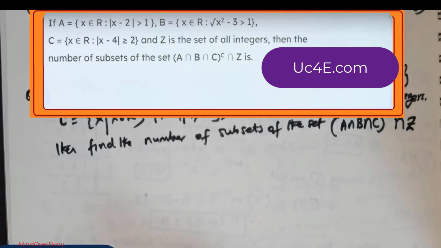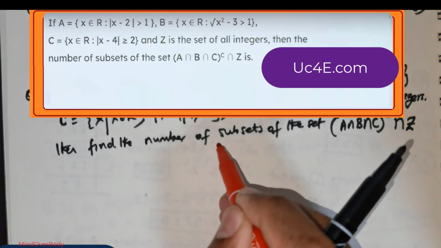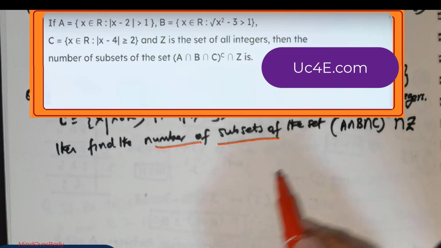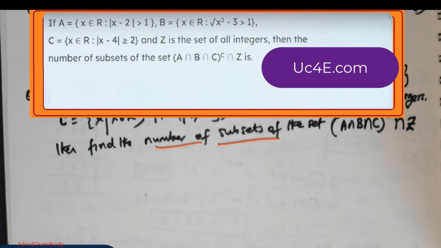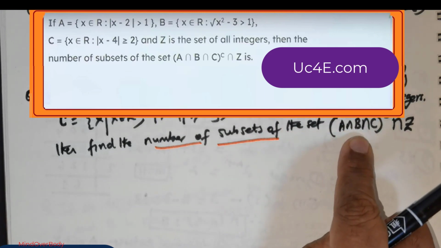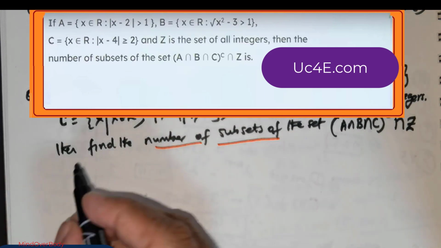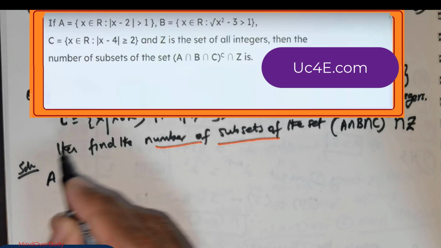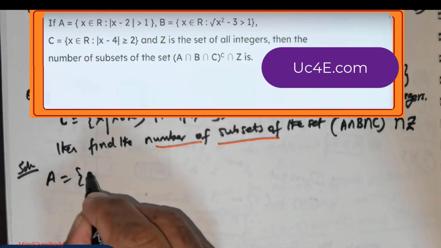Right? They're asking us to obtain the number of subsets. So this is the catch point. They're not asking us to get the number of elements. They want us to get the number of subsets of this particular set. So we will have to get that set. Now foremost, let us write the set. This is a solution. Set A is all x